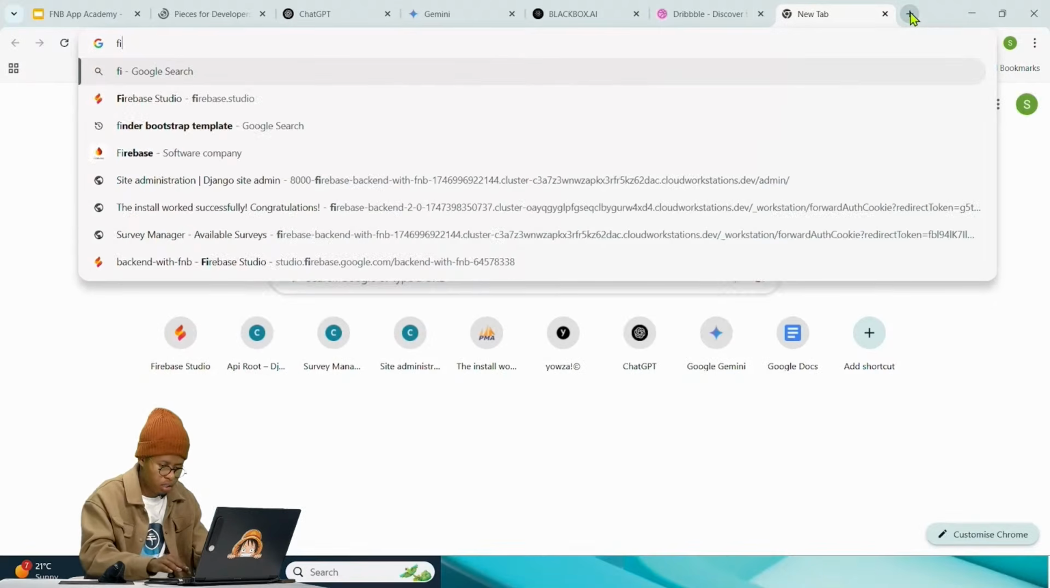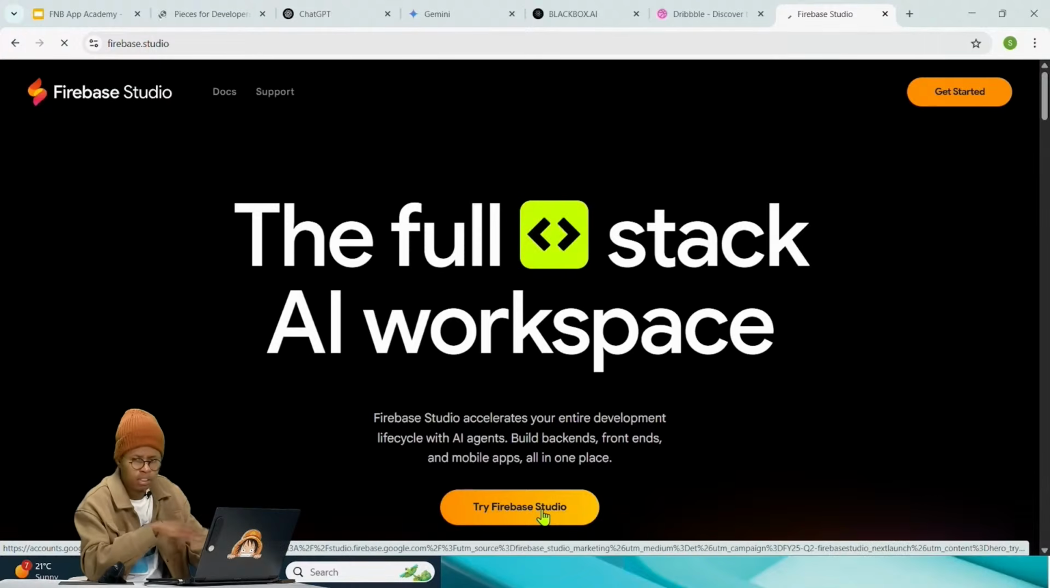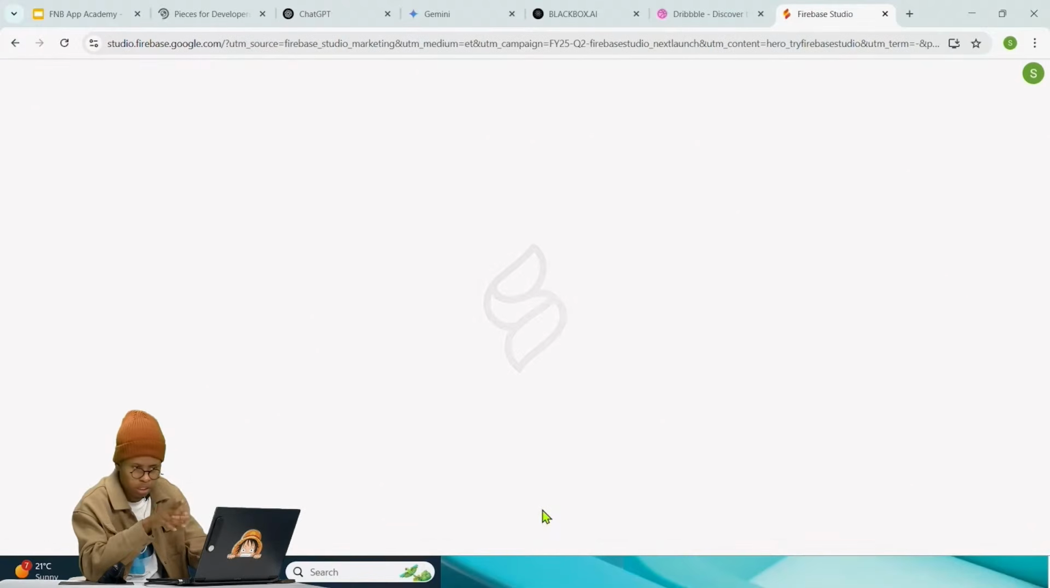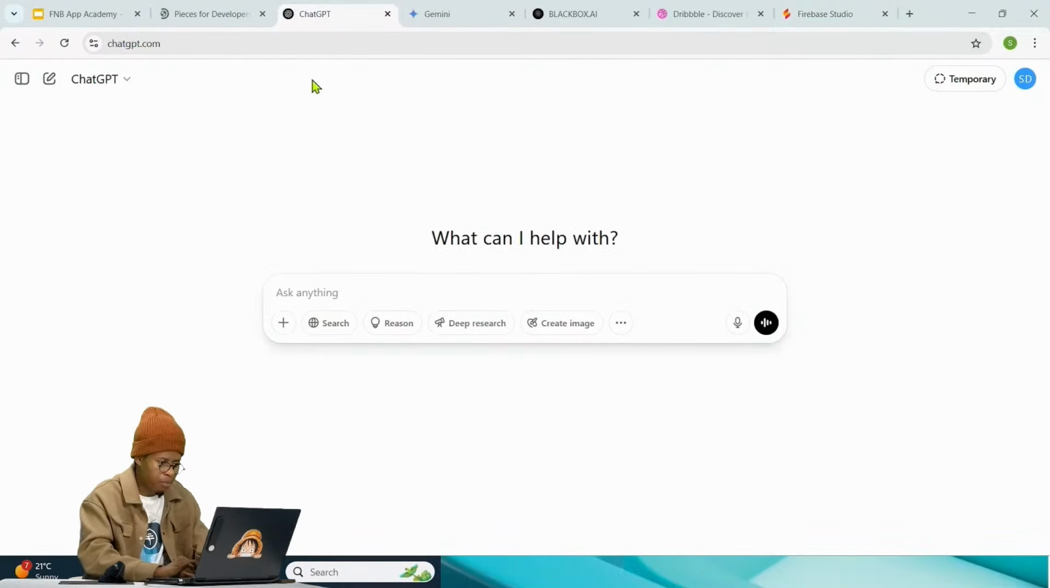Firebase Studio. Like it has its own AI. You can tell it, create this project, I want you to do 1, 2, 3. It's easy. You don't have to worry about all these things. So we're gonna come to this guy and say, create a project